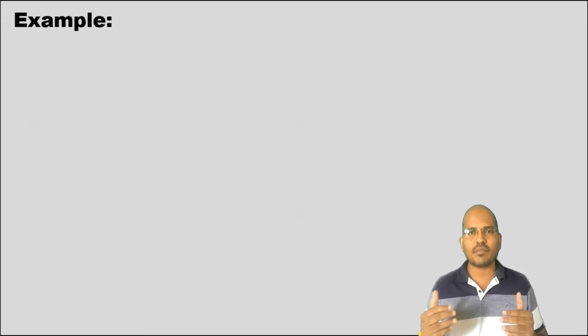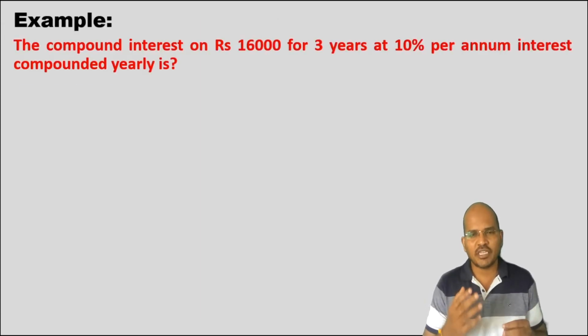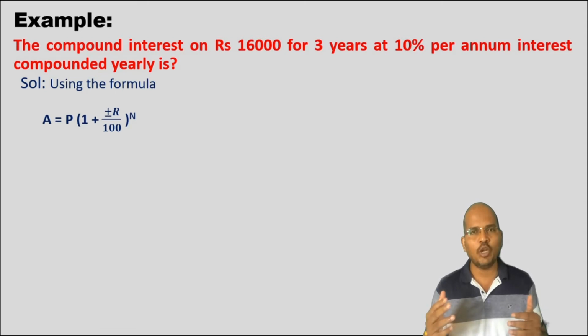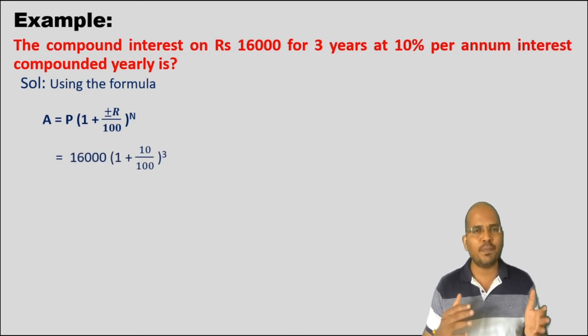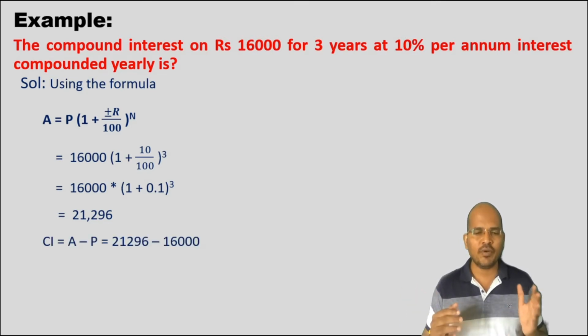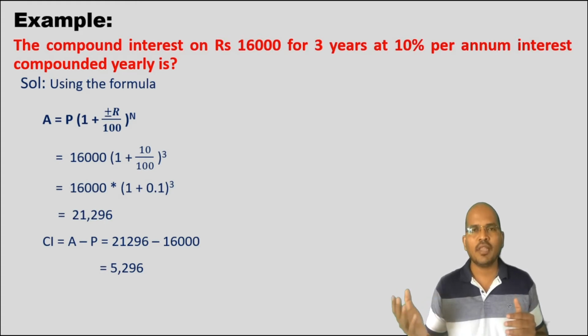So moving ahead, you need to calculate the compound interest for rupees 16,000 at a rate of 10% for 3 years. Applying the formula, what do you get? We know that the formula is A equals P into (1 plus R by K times 100) whole power nK. But as it is compounding annually, the value of K is 1. So A becomes P into (1 plus R by 100) whole power n. Plug in the values, 16,000 into (1 plus 10 by 100) whole power 3, and the value of A is found to be 21,296 rupees. And the interest becomes 21,296 minus 16,000, which is 5,296 rupees.